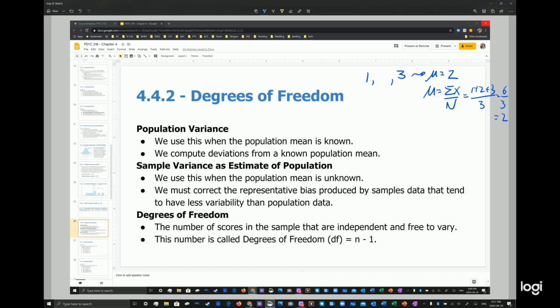And so you can, using math, go, okay, well, I know what that missing score